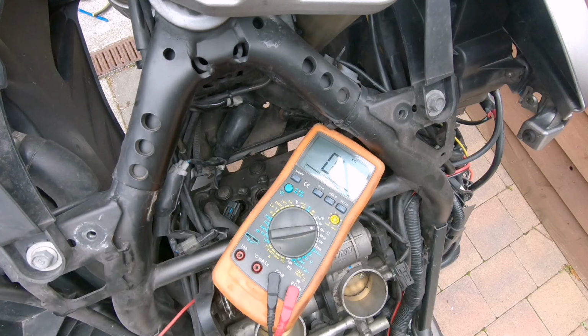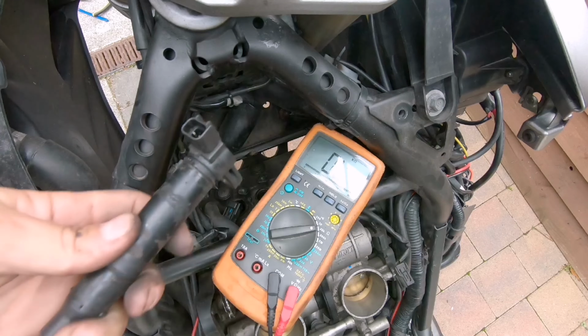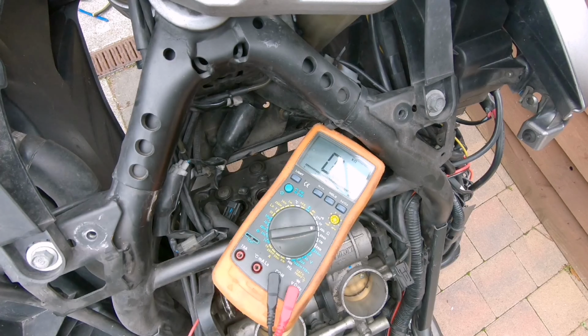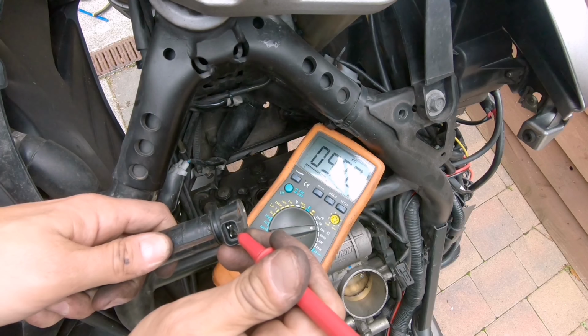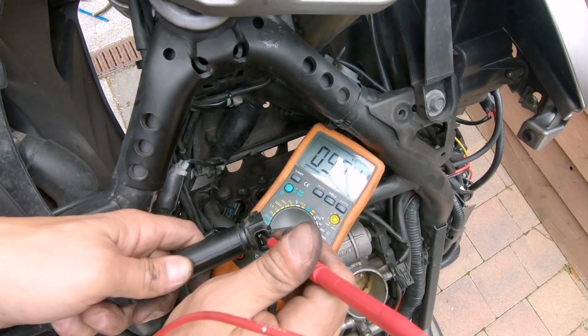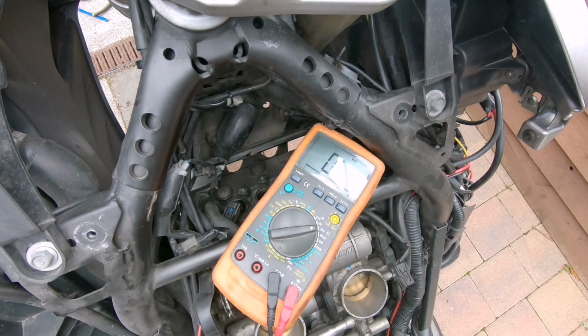9.65. 9.75. 9.88. 9.94. They're all within